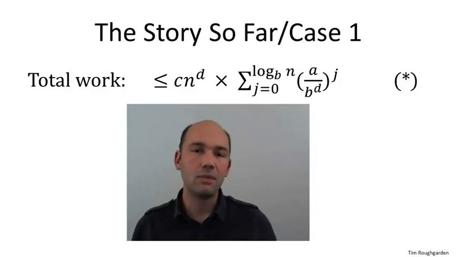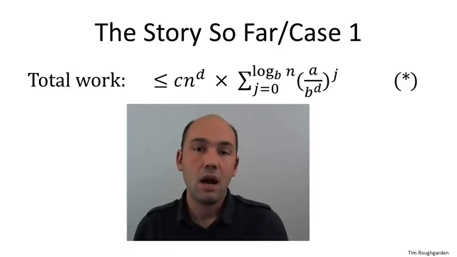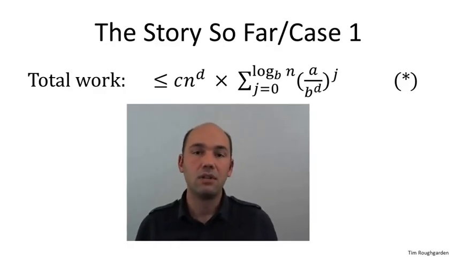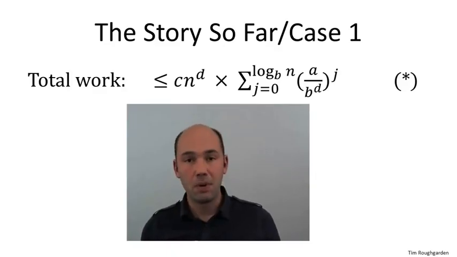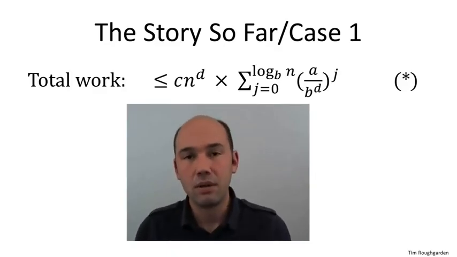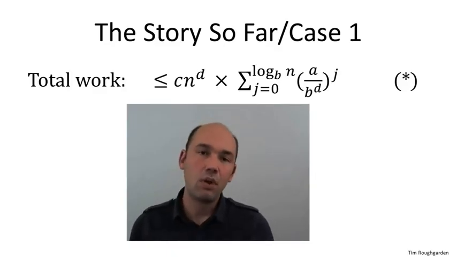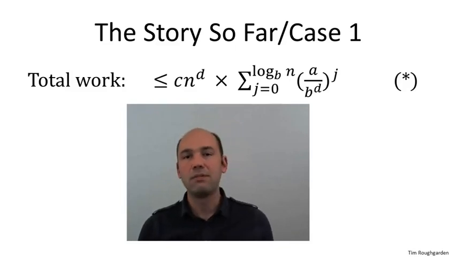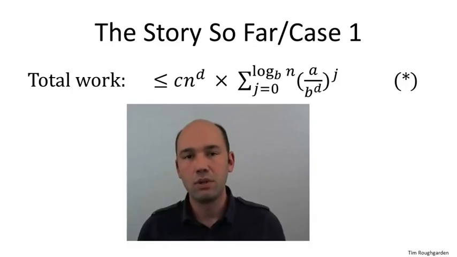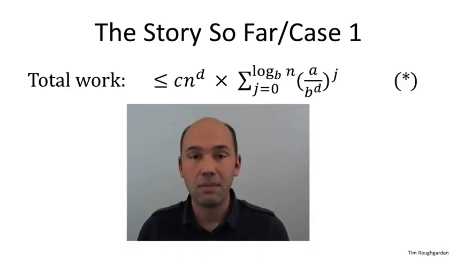C n to the d times a sum over the levels j from 0 to log base b of n of quantity a over b to the d raised to the j. Having derived this expression star, we then spent some time interpreting it, attaching to it some semantics, and we realized that the role of this ratio a over b to the d is to distinguish between three fundamentally different types of recursion trees. Those in which a equals b to the d, and therefore the amount of work is the